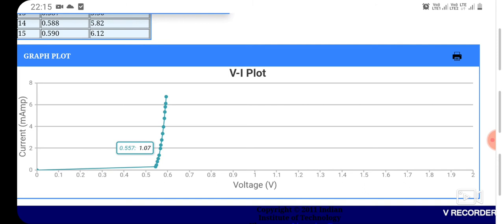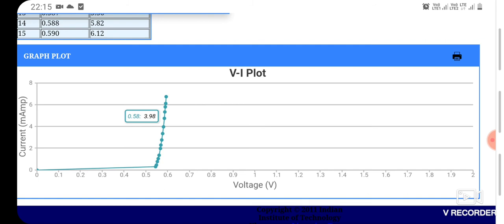Say for example I have clicked the voltage point 0.557 and the corresponding current is 1.07, and if we click this one 0.58 and 3.98.